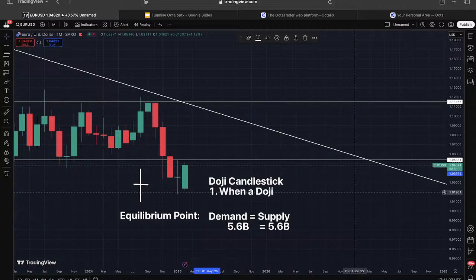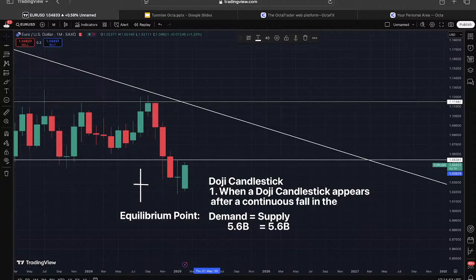when a doji candlestick appears after a continuous fall in the market, after a continuous fall in price, when a doji candlestick appears after a continuous fall or rise in price,